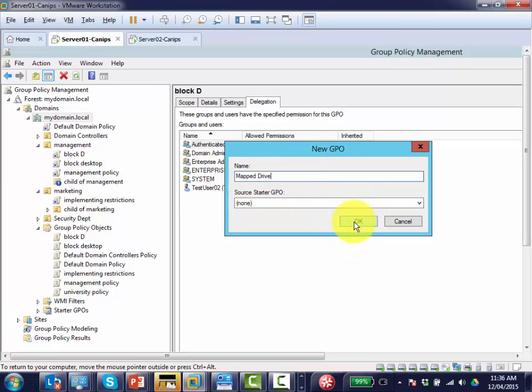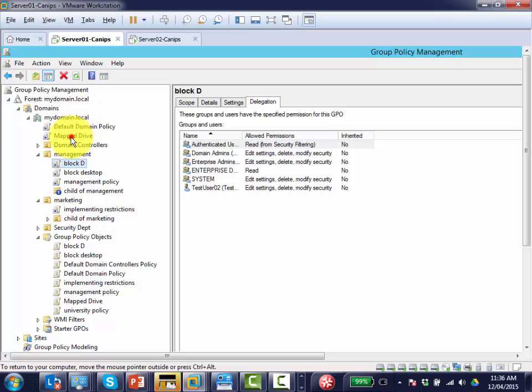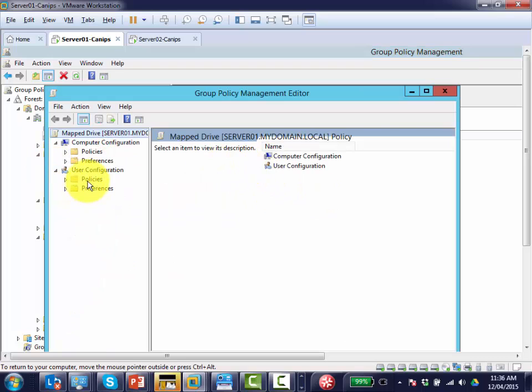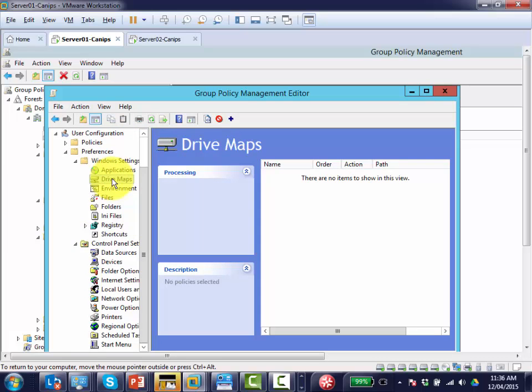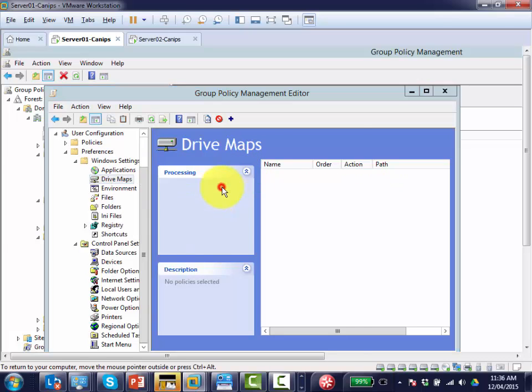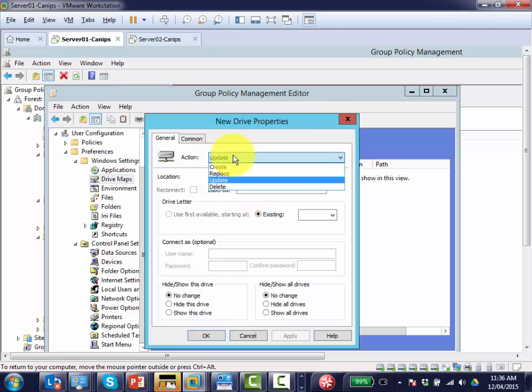I'm just creating a new policy, and inside the map drive, if I go to preference, right click, edit, this is just a quick deployment. So preferences, Windows settings, Control Panel, drive maps. Here it's showing a Windows environment, new map drive, and then the action: either update, create, or replace. So I'll just create. For the location, I have a server, 2-CANIPS, so I would go for the path of a shared folder and map it to